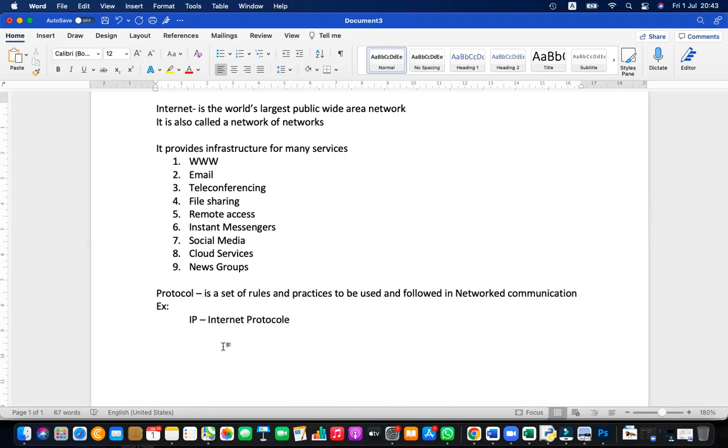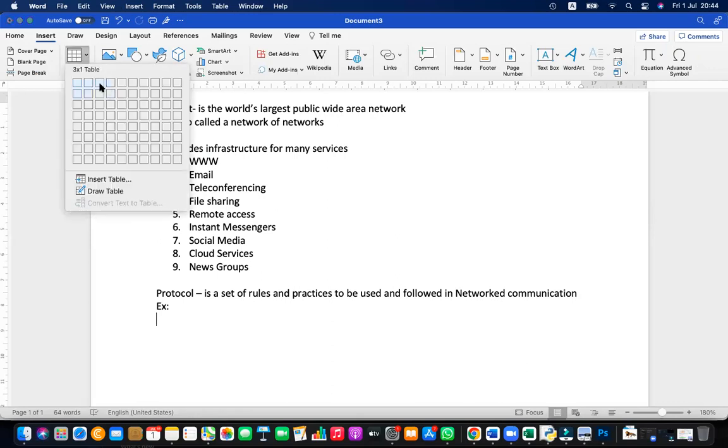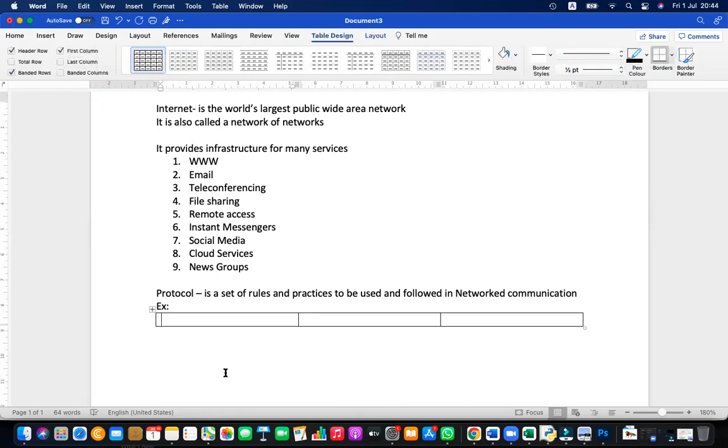Okay, let's summarize into a table. I think I have already given this, but you cannot remember it, right? That's why I was thinking of revising this lesson again. Let's write the protocol, then the name, and the purpose. The first one is IP, Internet Protocol.